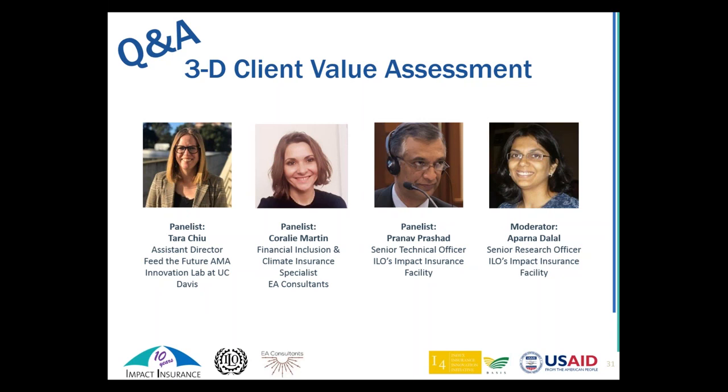For example, if there are drought-tolerant seeds in an area, they're drought-tolerant, not drought-proof. So adding insurance to them could lower the cost of insurance, but pick up when those seeds fail. That's something we're piloting right now at the AMA Innovation Lab in Tanzania and Mozambique, so let me know if you'd like more information on that project. But I think understanding what farmers are already doing, so that you can understand how a product will or will not fit into the risk management portfolio that farmers have, is an important step.